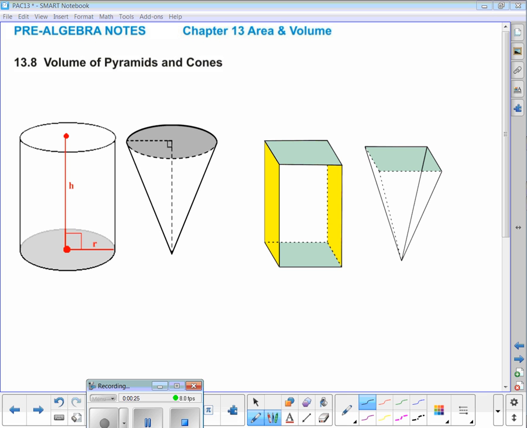Now, in my other school, I used to have a set of shapes, and I would have a cylinder. It was clear plastic, and it had a hole in the top. The rest was solid, and I had a cone the exact same size. The circumference of the cylinder and the circumference of the cone were exactly the same size. The height of the cylinder and the height of the cone were exactly the same size. And what I would do is I would fill up the cone with water,